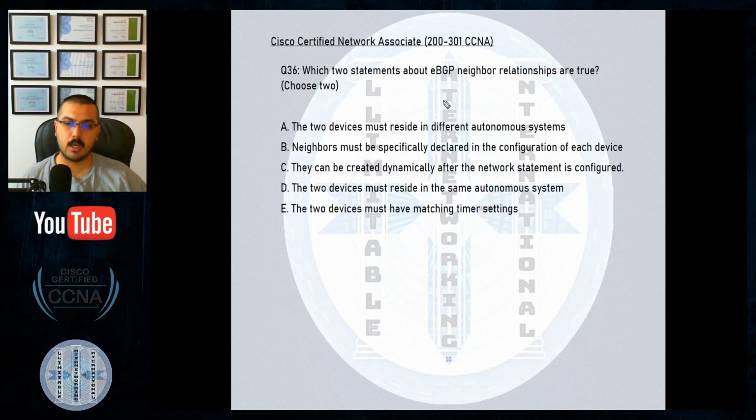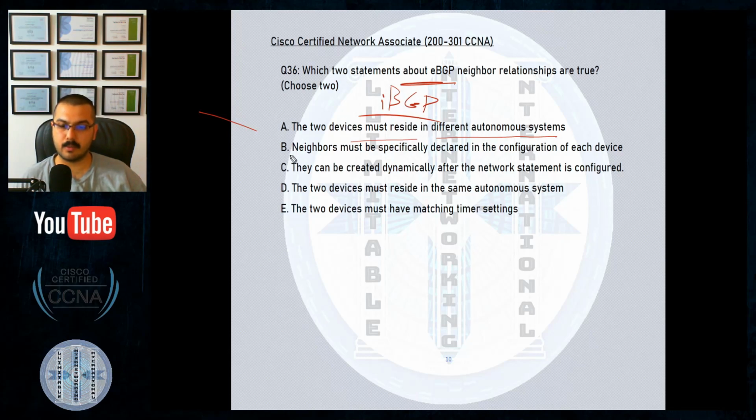Question 36. Which 2 statements about external BGP neighbor relationship are true? The 2 devices must reside in different autonomous systems. Definitely correct. If it was an internal BGP, because there is such a thing, internal and external, then both of them should be in the same AS inside your company or your network. If it was an external, then both of them should be in different